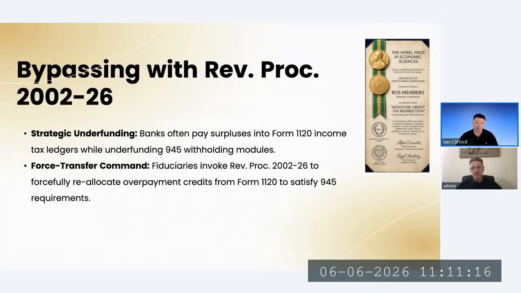The 945 tax module tells you that the banks are debtors, not creditors. They wouldn't be paying taxes for the use of the human energy under the 1099 OID system if they were creditors. They're just not. And this evidence that you can produce in a federal courtroom, if you ever needed to, if you were trying to avoid the mortgage, for example, proves that the banks have never been the creditors. They've always been the nominees, and actually they've always been the debtors.